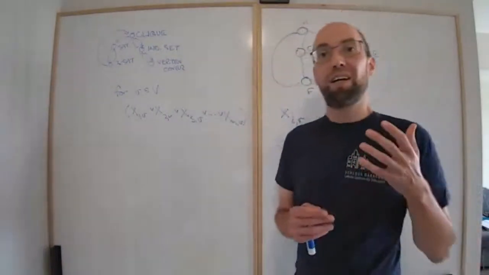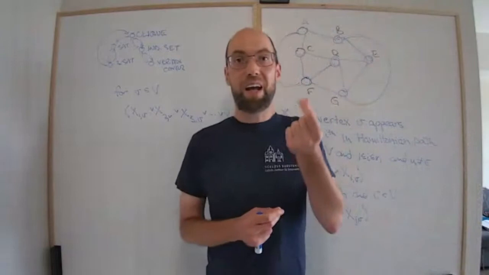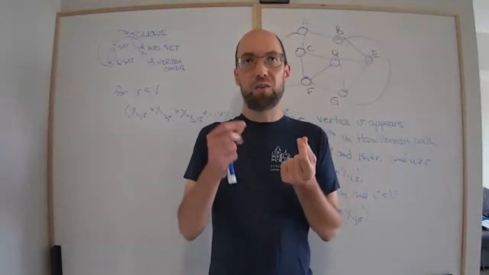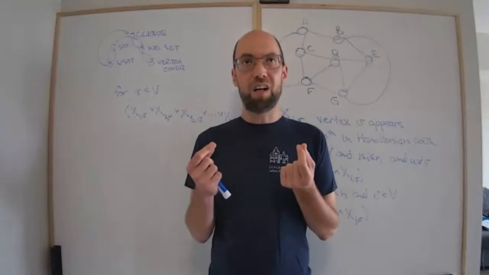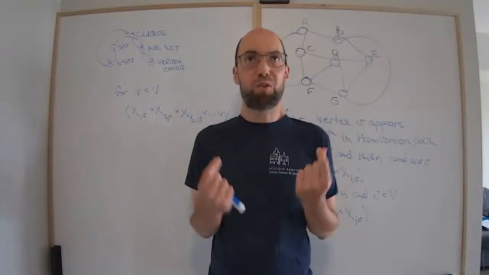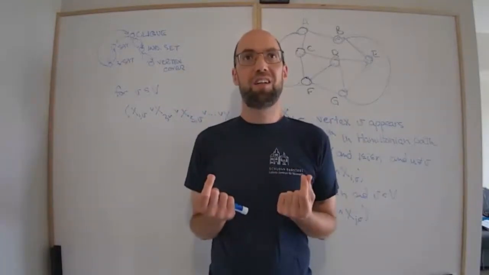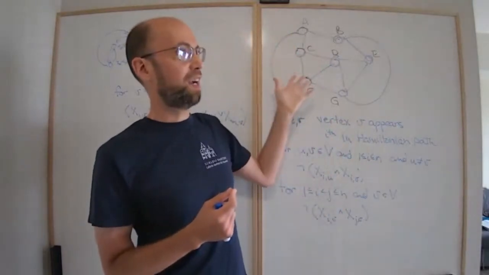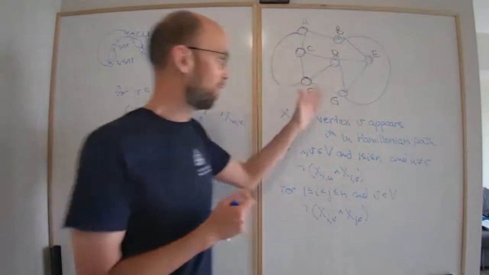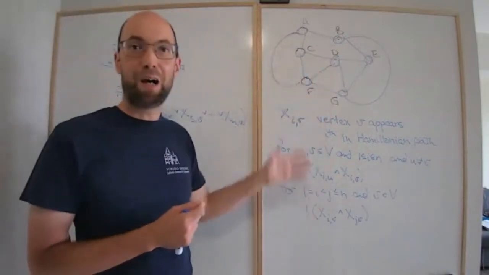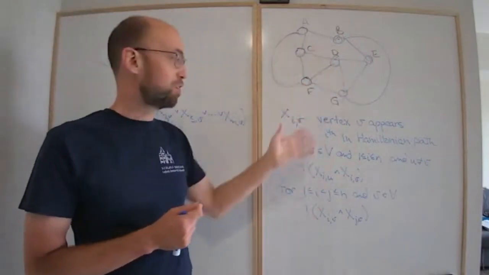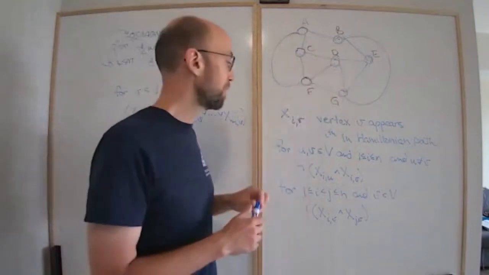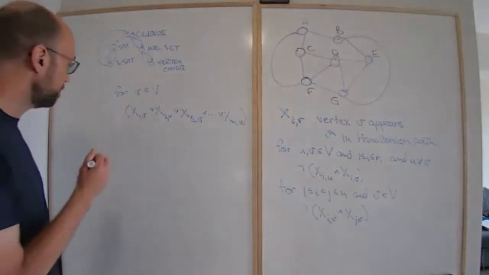You have to guarantee that if I go from x_i v, so from x_i u to x_{i+1} v, there had better be an edge between u and v, okay? Because I want it to actually be a Hamiltonian path in this graph. So far, we haven't said anything about the actual graph. We've talked about the vertices, but we haven't talked about the edges yet. So we have to say that